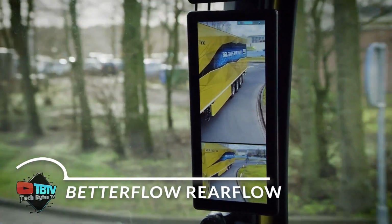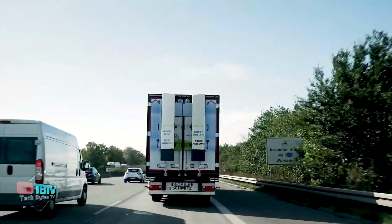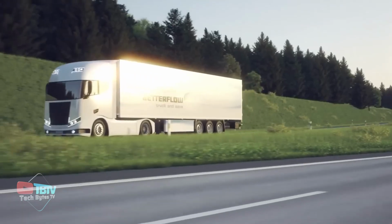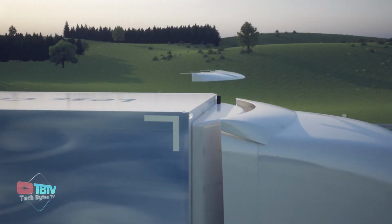If you own a truck, you can't miss these incredible inventions that'll give you the best experience. Better Flow, as a pioneer, is one of the top truck accessories in 2024. It's been present in the market for the last 10 years, identifying weaknesses and developing various components with great energy